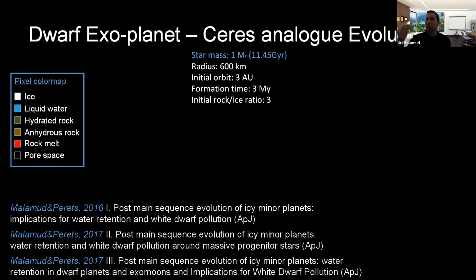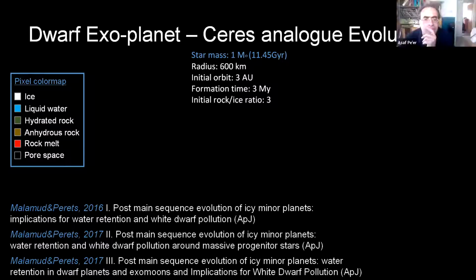Exactly. It changes the boundary condition, because as you go further from the star, the flux reduces by the distance squared. So you need the mass of the star and the mass loss in order to calculate what the semi-major axis is, how the orbit changes. And that affects your boundary condition.